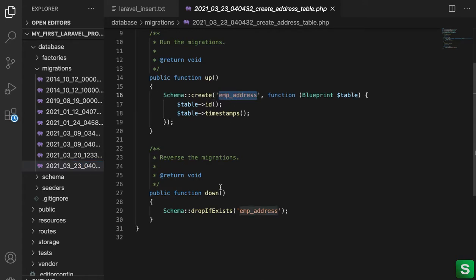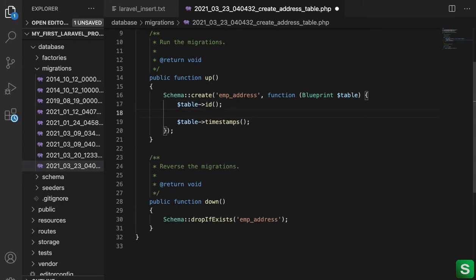So here you can see already the emp_address is here. This is the up method and this is the create method. The create method is used to create the table, right? Here in the down function, if this table exists in the db, then drop it. Okay, so id is already auto increment and primary key, and the timestamps here are for created at, updated at. So whatever columns we want, we have to write here like that,